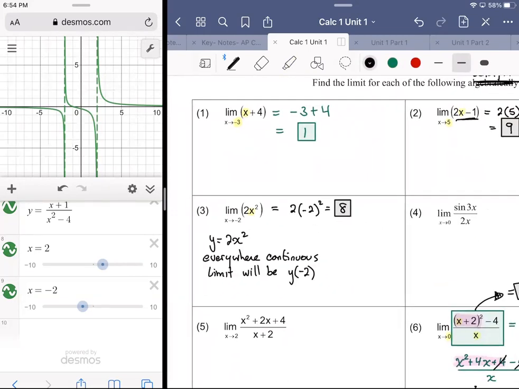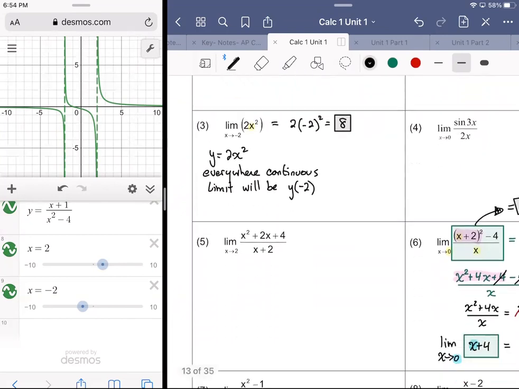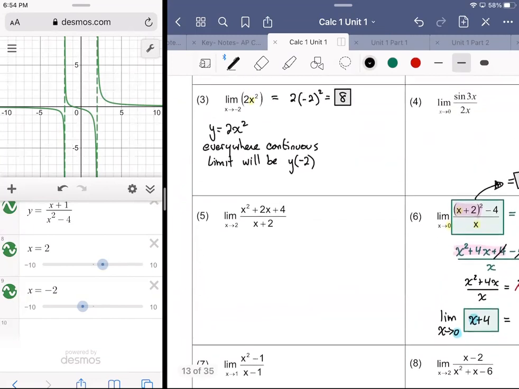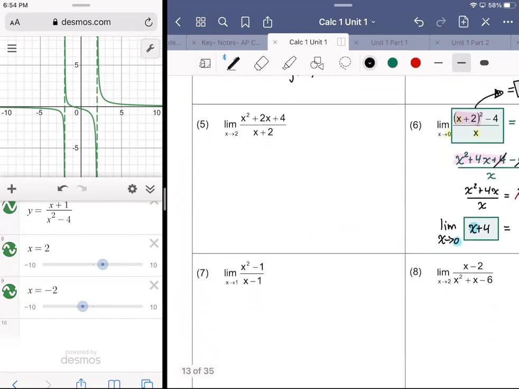Whereas in number 6, we had a hole, and we had to simplify in order to be able to come up with a solution. The same thing is going to happen in number 7. So let's actually jump to number 7, because this one is not everywhere continuous. So this is not continuous for all x. There is a discontinuity